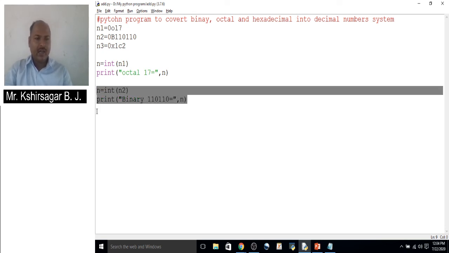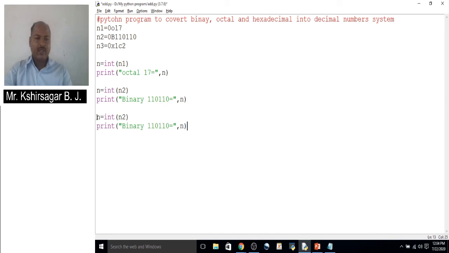Now see the third conversion, n3. Here n3 we have taken as a hexadecimal. Int of n3 is converted into decimal and stored in a variable n. Here the hexadecimal number 1c2 we have taken.